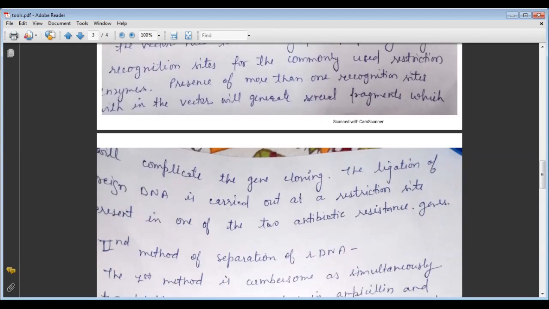In short, we should know about the restriction site. The restriction site is also present in the sequence on the vector that can be recognized by the restriction endonuclease. Clear? And then one vector should have multiple cloning sites, but one cloning site for each restriction enzyme. And then rop codes for the protein that is required for replication.